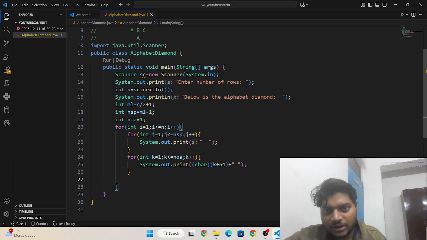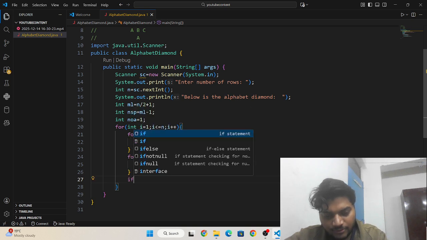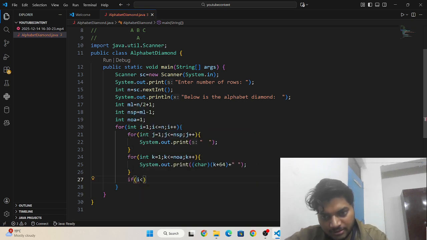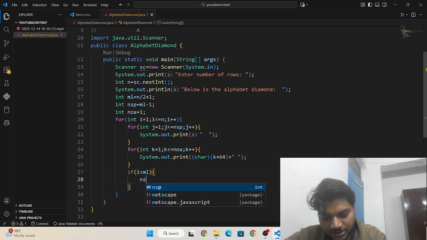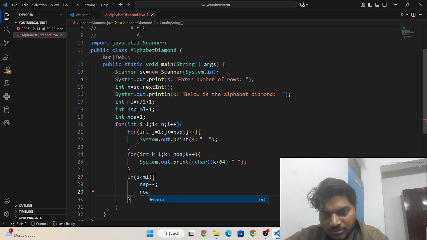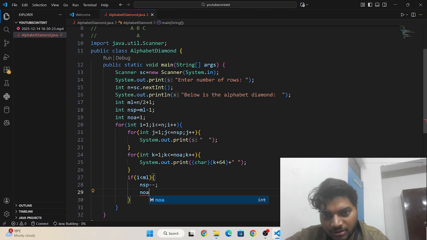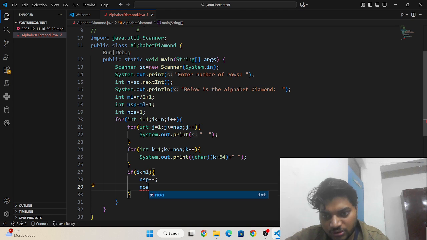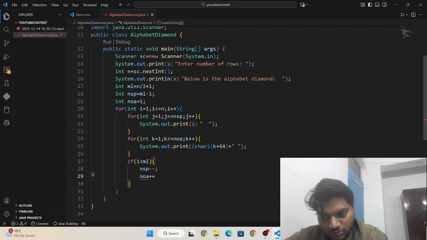I will explain to you guys what is the character and what is the ASCII value. Now I'm going to write here: if i is less than middle line, then you need to print nsp--, and number of alphabet should be plus equal to 2.